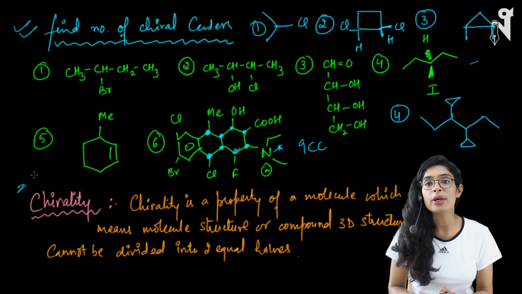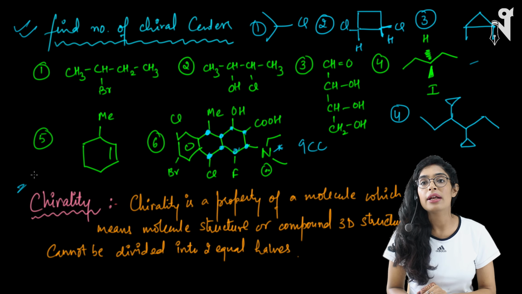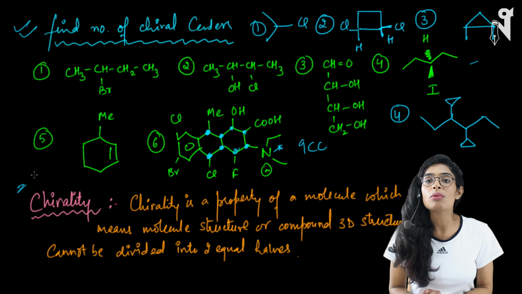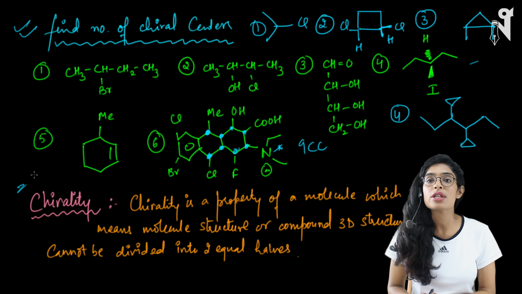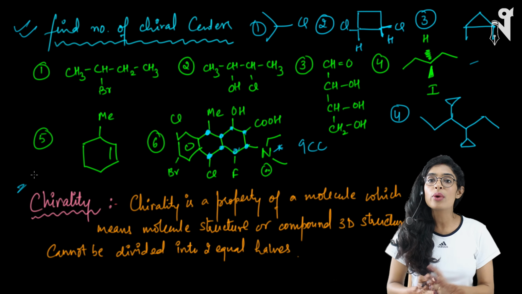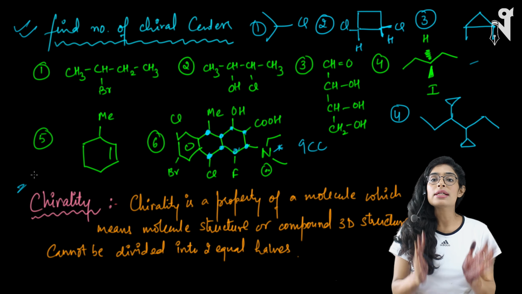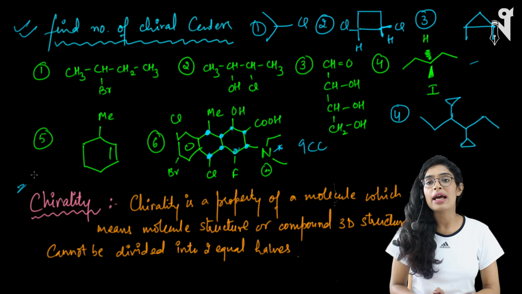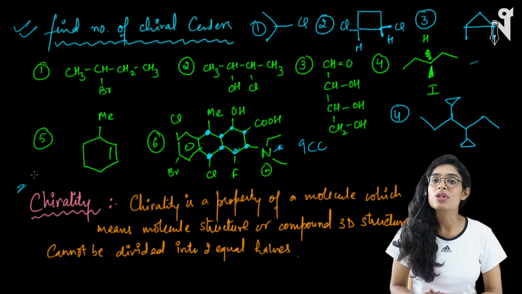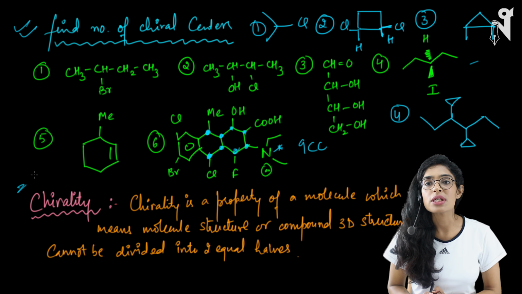Till then, go through it, try to understand it, keep your mental eye open, keep your 3D eye open, and try to relate the things we are talking about, because from the next class onwards you will require more 3D visualization of the molecule. The more you are able to visualize it, the easier it will be for you to understand optical isomerism. Okay, so learn this, understand this, ask me if you have any doubt in the next class, and then we will go to chirality and symmetry, the different types of symmetries which a molecule possesses, and how that symmetry affects the optical activity of a compound.